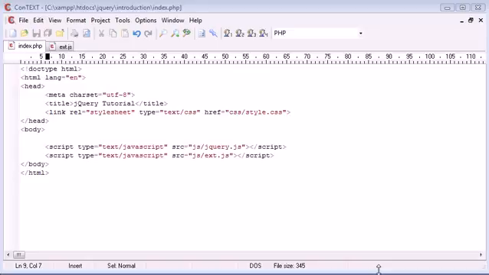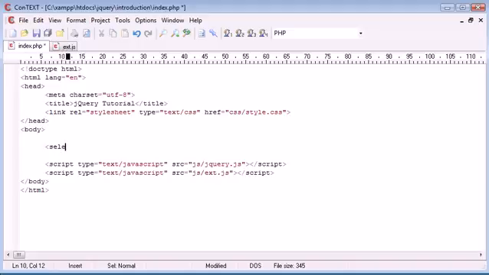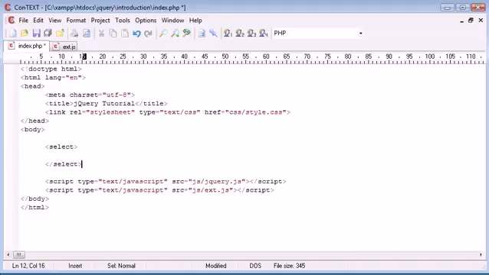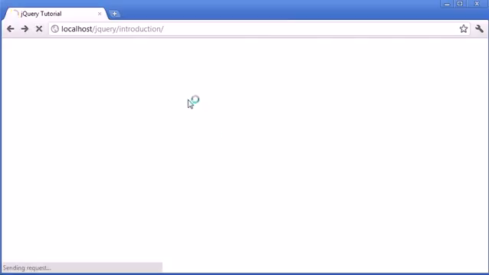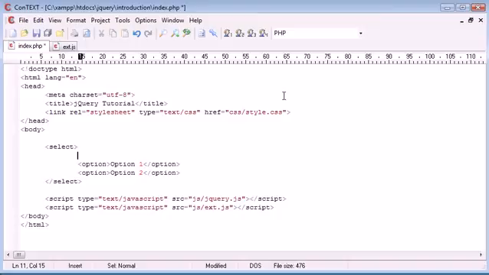Well, first of all, it works really well with select fields with different options inside. So for example, when you have something like select and then you have options inside, let's just go ahead and put option 1, and we'll copy and paste this, and option 2. You'll see that we've got obviously an option thing here. If we were to go ahead and say select option 1 or option 2, and we had say a default option here, so